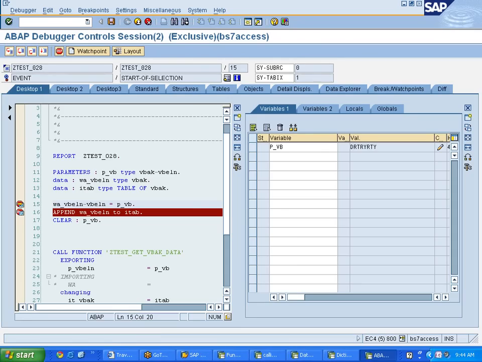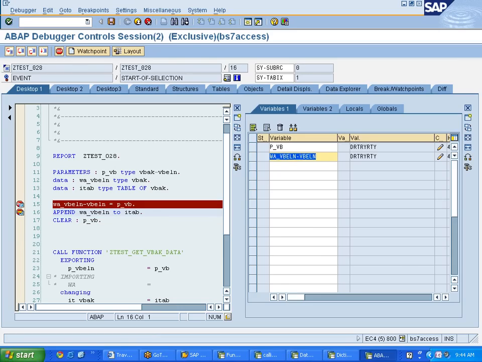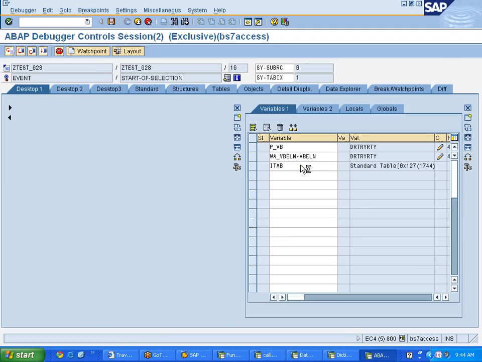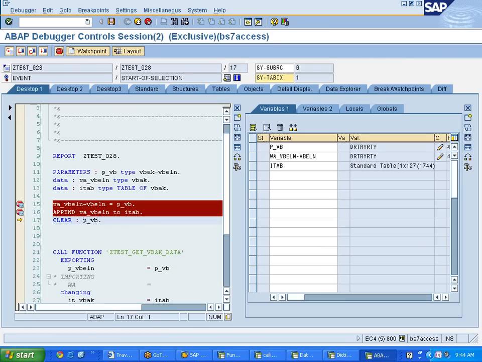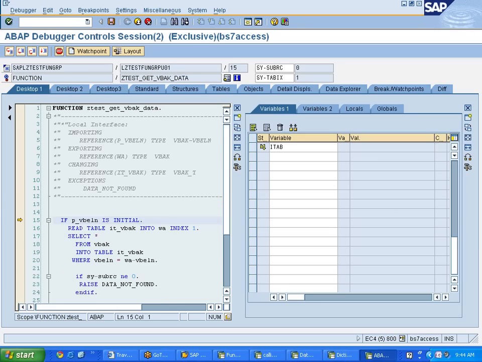That p_vb value will be coming into the work area vbeln, and that value will go inside the itab. So itab vbeln is filled with that value. And I'm clearing the p_vbeln. Now call the function module. p_vbeln is cleared. Now the next step,